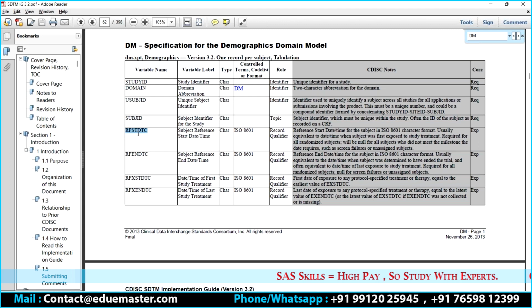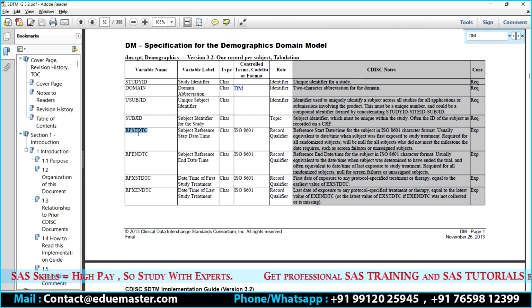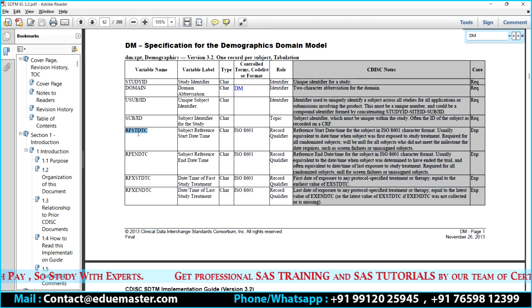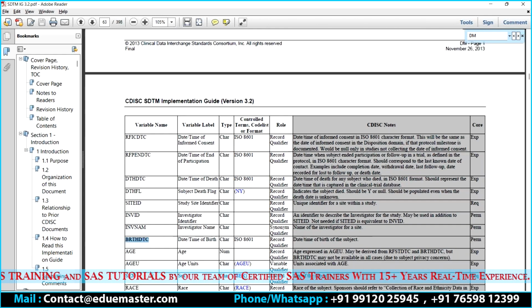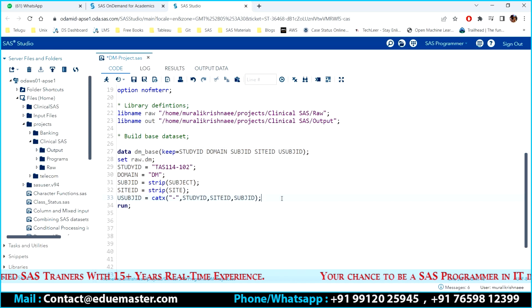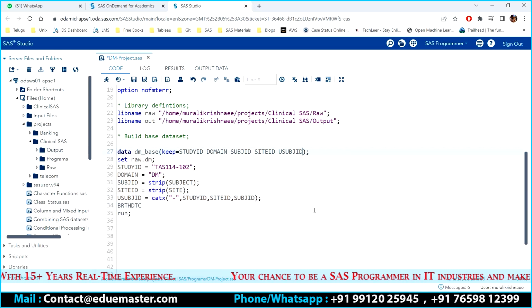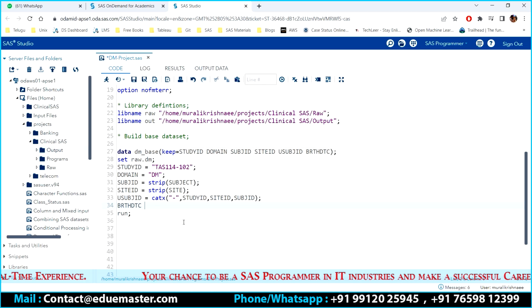Before I go with the dates and all, I prefer to go ahead with the remaining things. So what are the remaining things? You can also see here the birth date is available. These are readily available variables. I'm taking birth date time in the character format. This is readily available to us, so let's finish this off. This is the one I want to create. At the same time, I need to ensure that this is part of my output. So my birth date and time in character format is nothing but